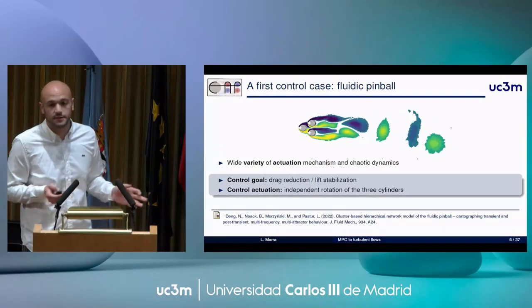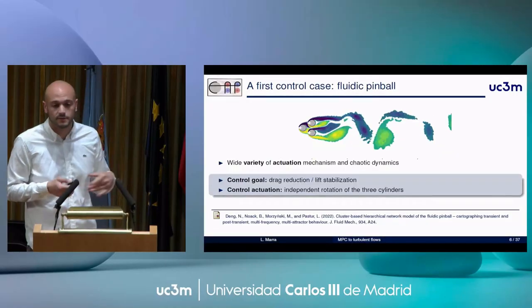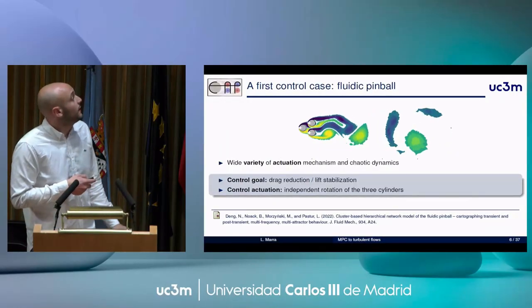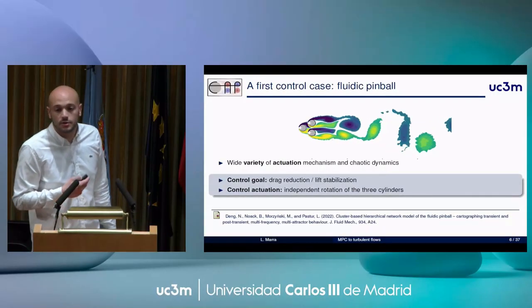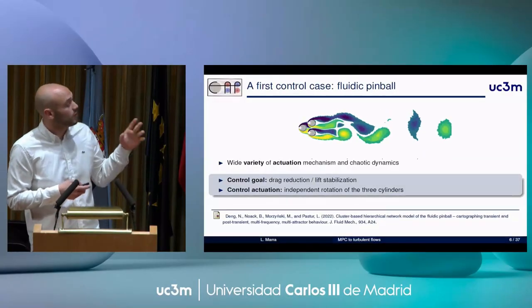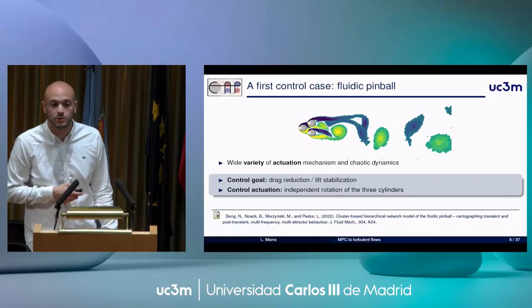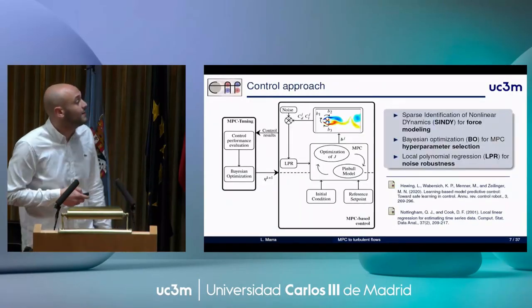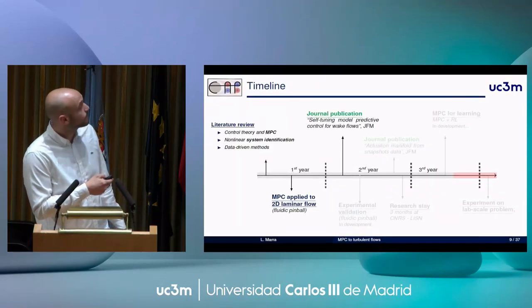And it's a perfect example of multiple input, multiple output flow control with many actuation mechanisms and rich dynamics. The control goal here was to control the forces, so the drag minimization and the lift oscillation suppression, like lift stabilization. And the control actuation was exactly tuning the rotational speed of the cylinders. So here you can find a schematic of the algorithm. You have in the main part,